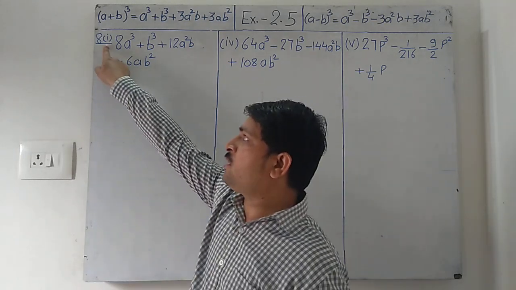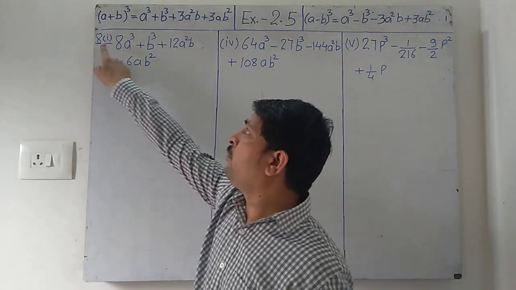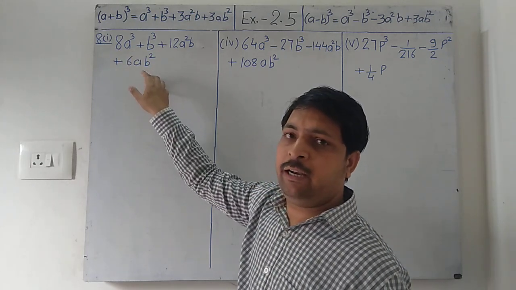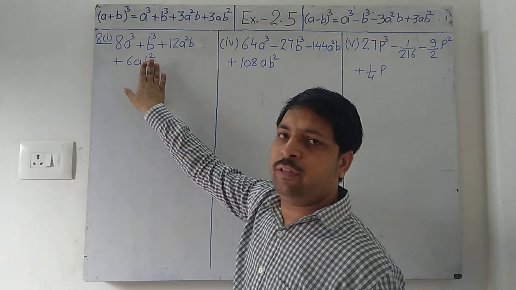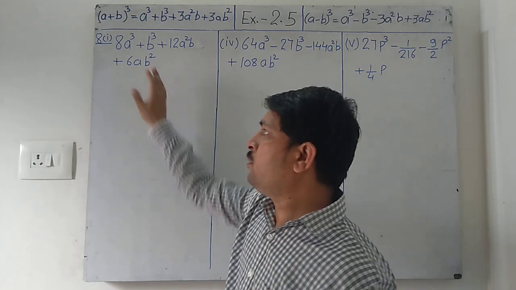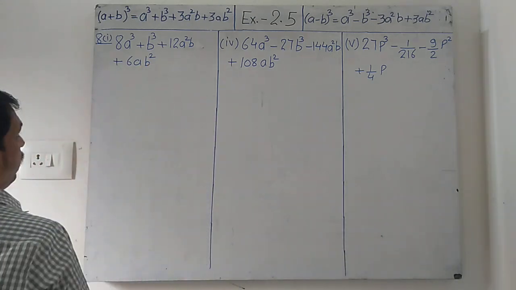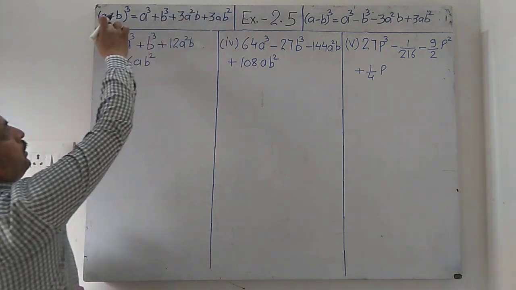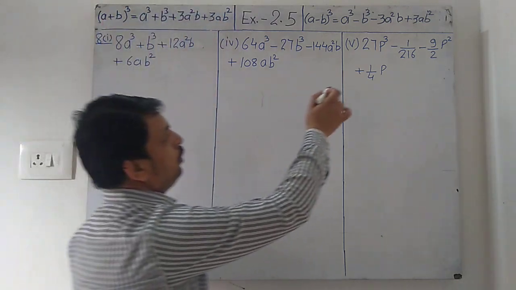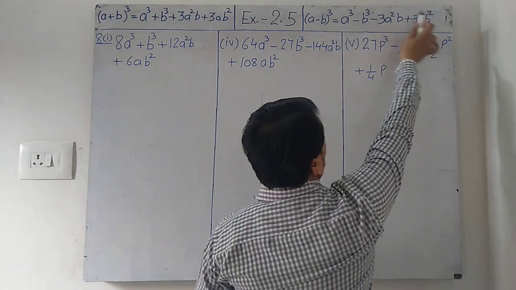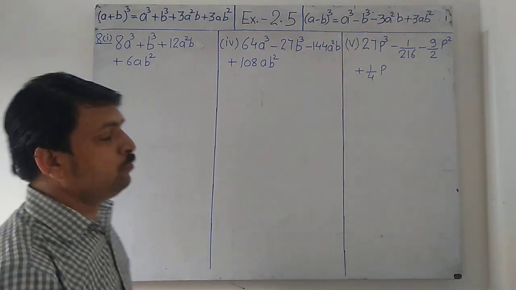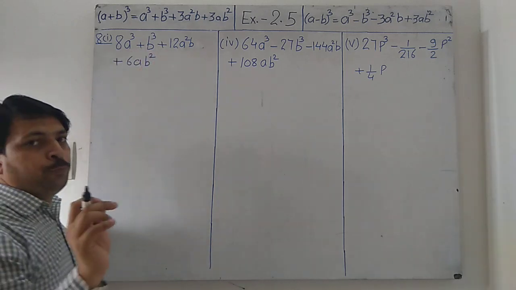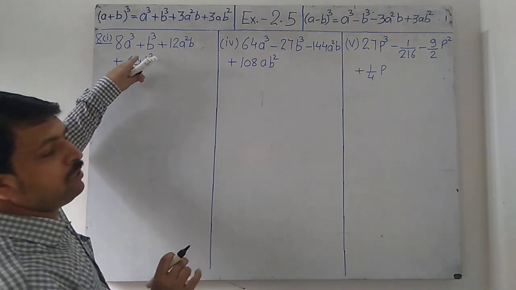We are doing the first part of question number 8. The terms are given and we have to find the factors. We will be given the expanded form of either (a plus b) whole cube or (a minus b) whole cube. So first we will identify two cubic terms in the given question.